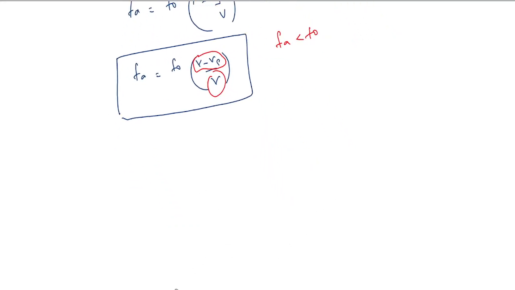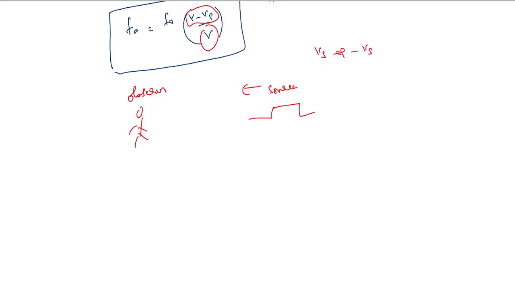Similarly, if instead of the source moving away from the observer, the source moves towards the observer, then we can replace Vs with minus Vs because it is opposite to what we took earlier. In that case, the apparent frequency would be equal to f naught into (V plus Vs) by